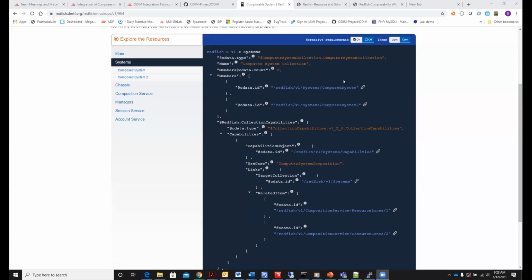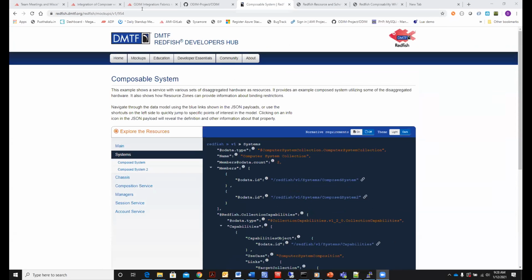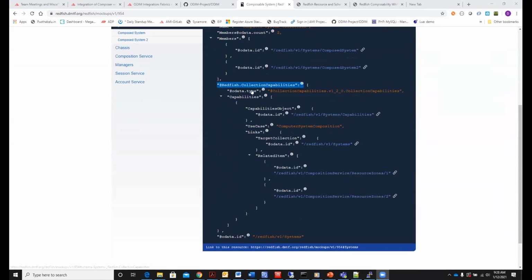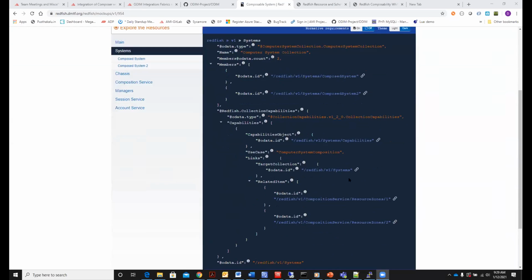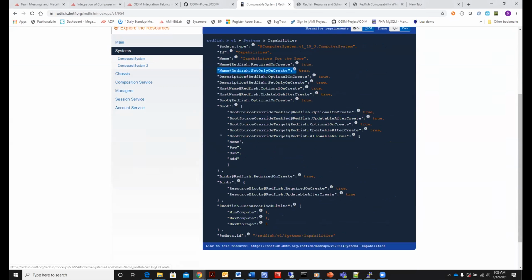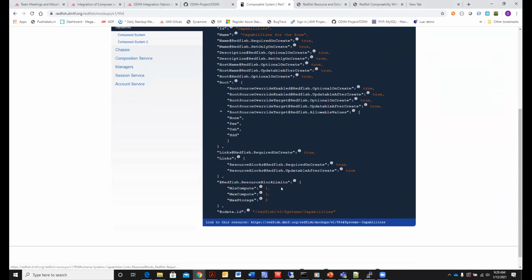So this is one of the mock-ups that explains the composed system, like this one on the Redfish DMTF site. If you see here, they are explaining the collection of capabilities under the systems resource. Redfish V1 Systems has the system capabilities, which explains what the collection capabilities object is. You go here, it is going to explain